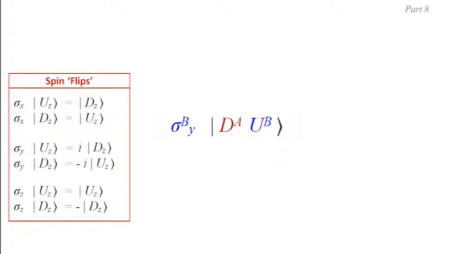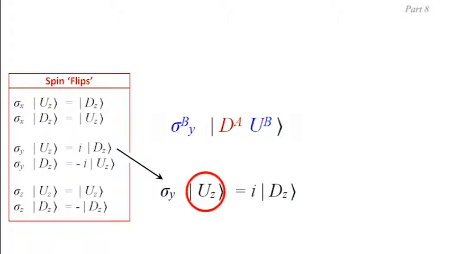Being a B sigma, it is only going to affect electron B. The colouring should help here. The sigma Y is going to have to act on the up state, because B here is in the up state. From our simplified list for a single electron, the rule for sigma Y acting on an up state is that it flips this up state to a down state and also multiplies the state by I. This means that when sigma By acts on the A down, B up, it acts only on the B electron, which, being in the up state, gets flipped to down. However, the action also multiplies the whole state